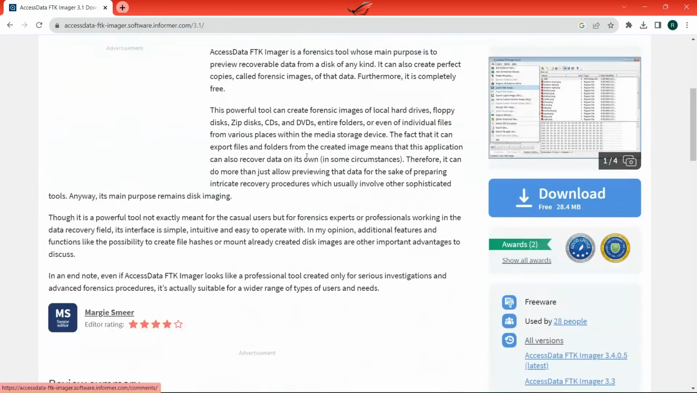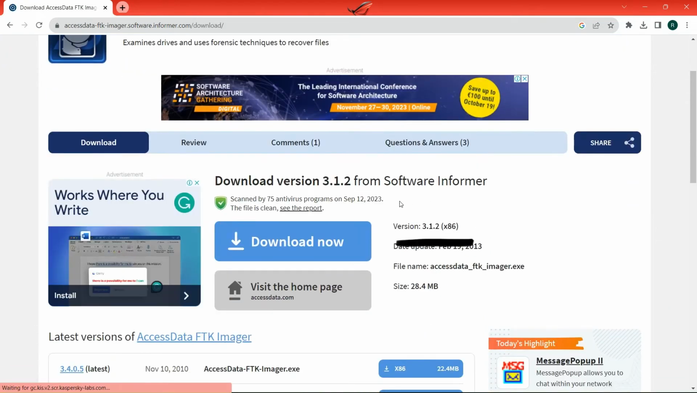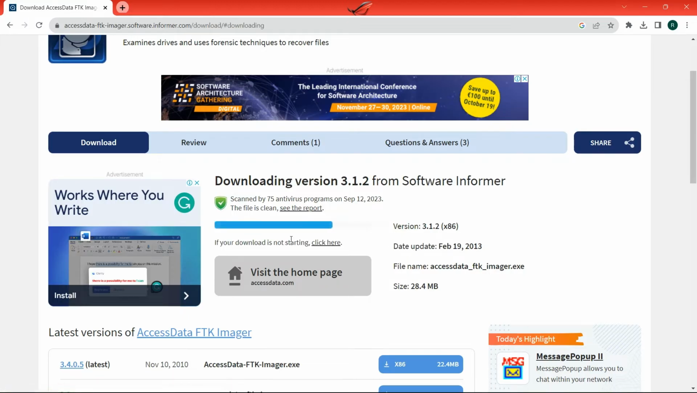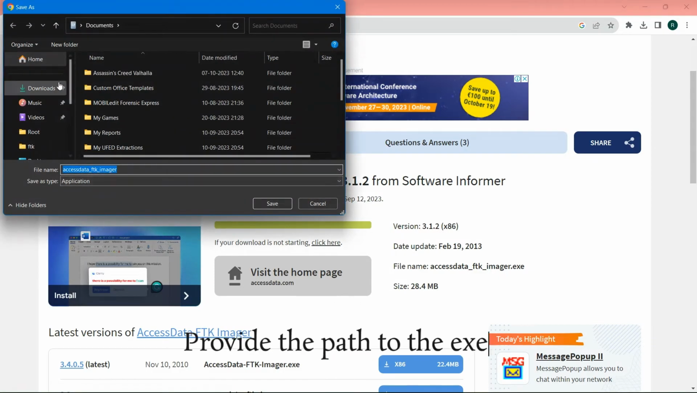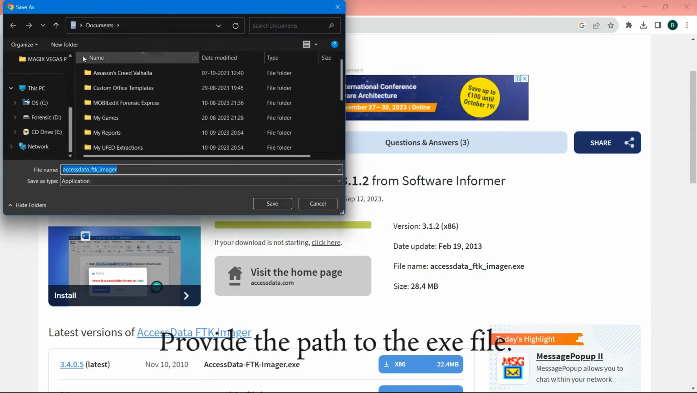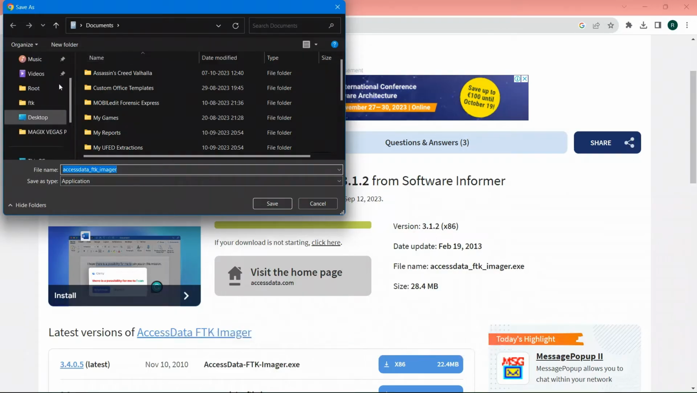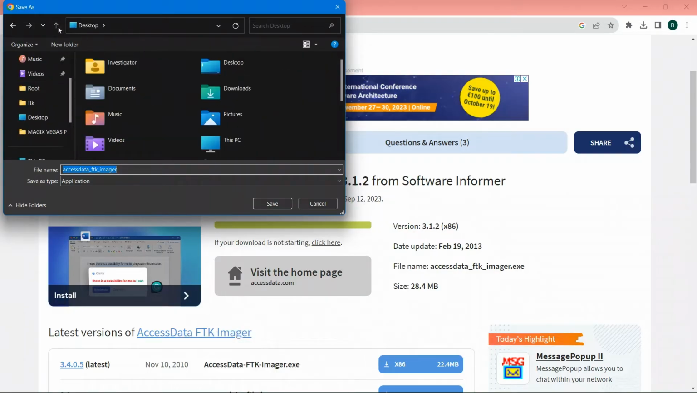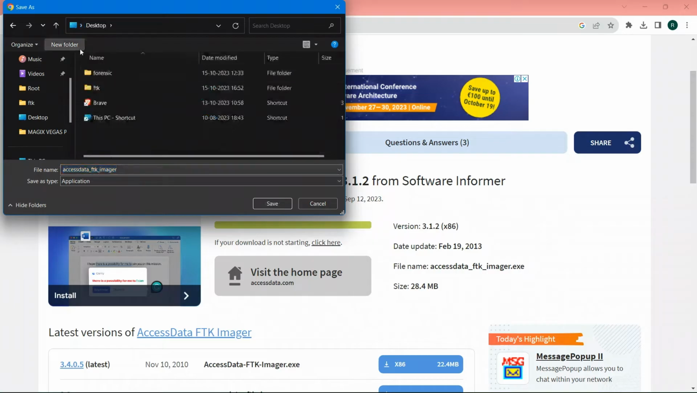On this web page, you will see a download button. Click on it and say download now. After clicking on the download now button, the web page will ask where do you want to download the exe file for the FTK Imager. In this case, I will give the path of my desktop and create a new folder called FTK install